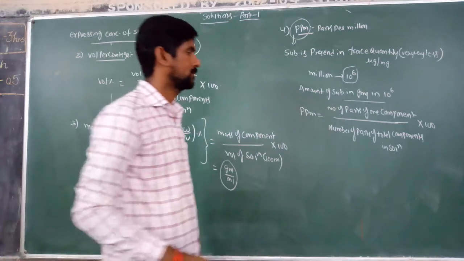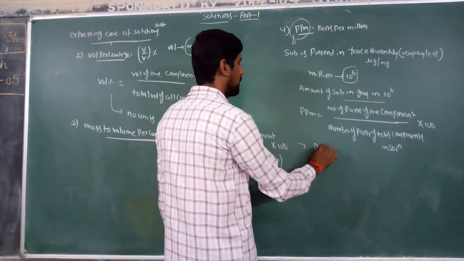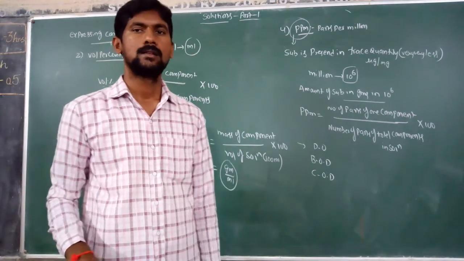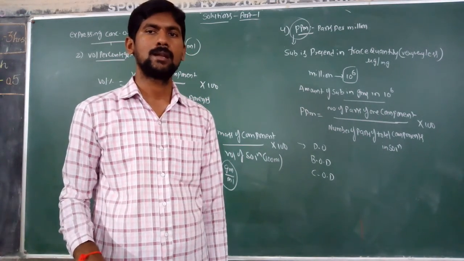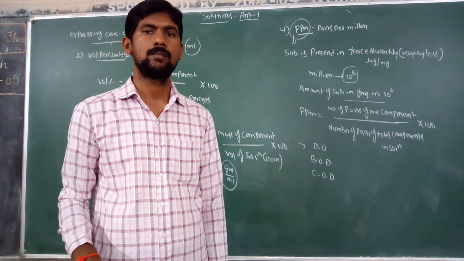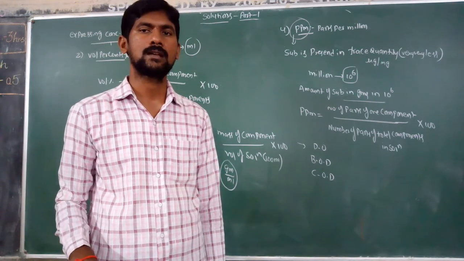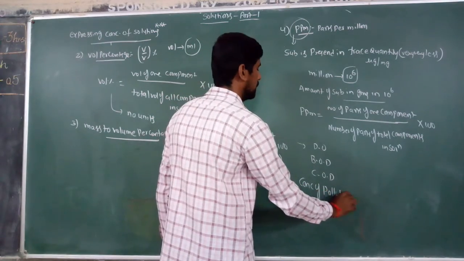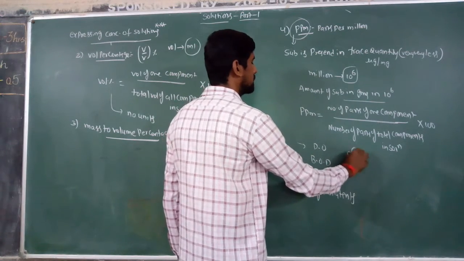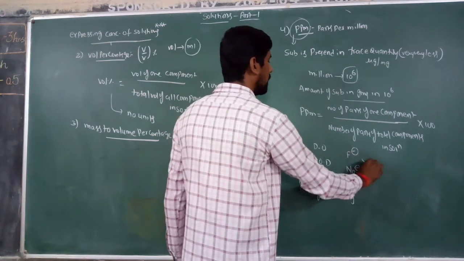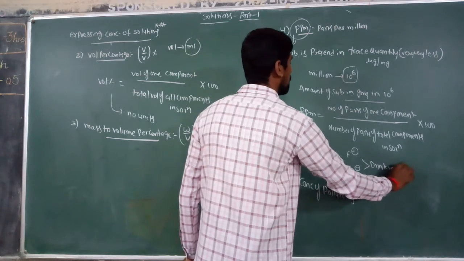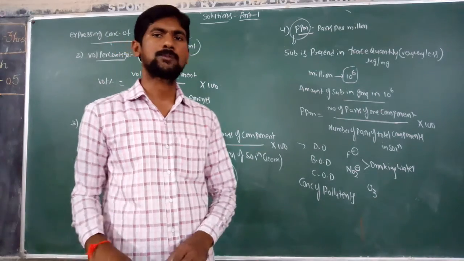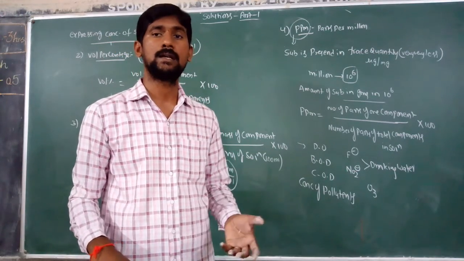So you know that dissolved oxygen, BOD, biochemical oxygen demand, chemical oxygen demand, you already read in the environmental chemistry. Dissolved oxygen, biochemical oxygen demand, chemical oxygen demand, concentration of pollutants, some concentration of fluoride ions, nitrite ions in the drinking water, concentration of ozone. So all these are expressed in terms of ppm because these are present in very trace quantities.